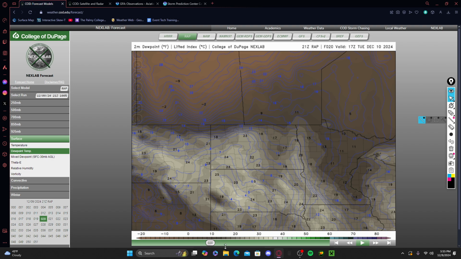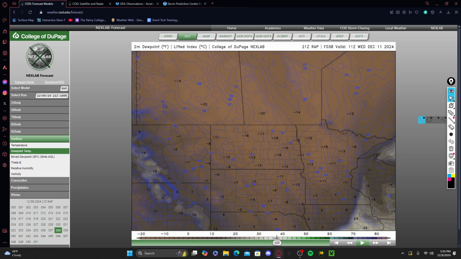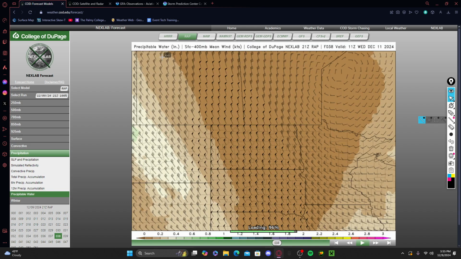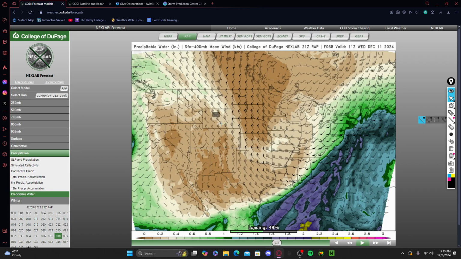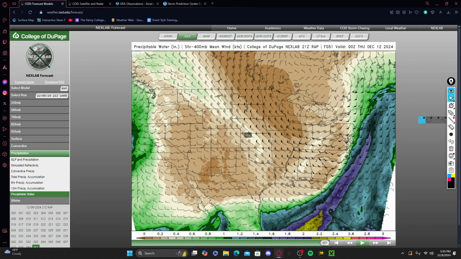You can see on the dew points here just how quickly they go down. 23-degree dew point here, 25, and then in a few hours you're at -16, -30. You lose all your moisture basically. So precipitable water, same thing, extremely dry. You can just see it on this map, very close to zero. That's very incredible. Very dry air is on its way for a lot of the United States here